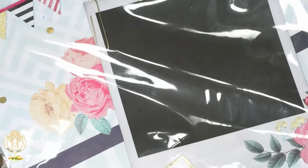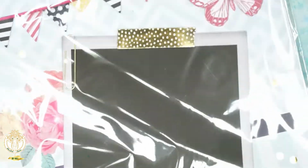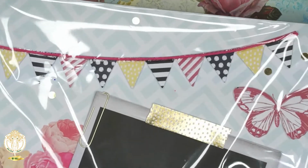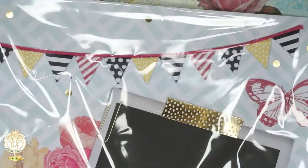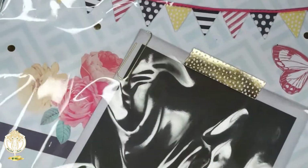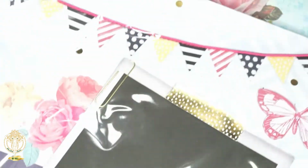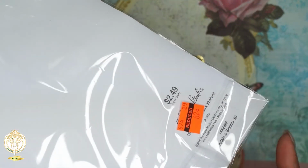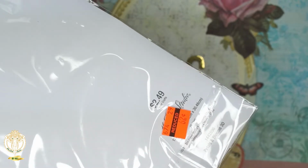And then they also had this one, and I love this one because it has the little Polaroid on it. I just thought that was so cute. Has the little banner flags, the butterflies, the roses. Those aren't roses, the flowers. I think those are peonies. I'm not sure. But yeah, so these were on clearance for 62 cents is what I paid, and they're originally